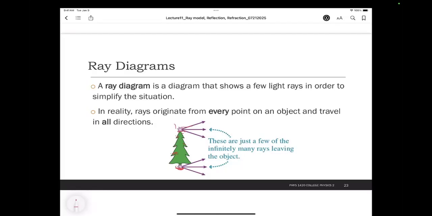But usually when we want to simplify the process to show some problem, we just use those ray diagrams. In reality, rays originate from every point, but in a ray diagram, we just use those two points to explain some situation. Does that make sense to you? Okay,